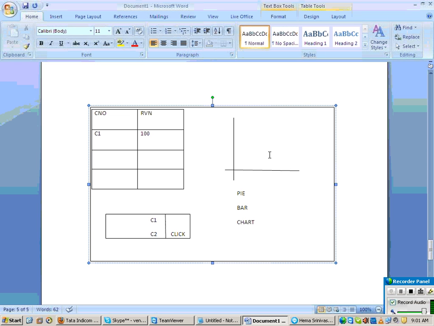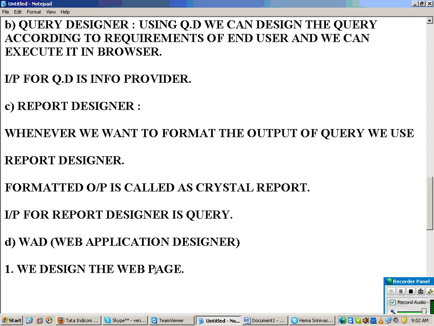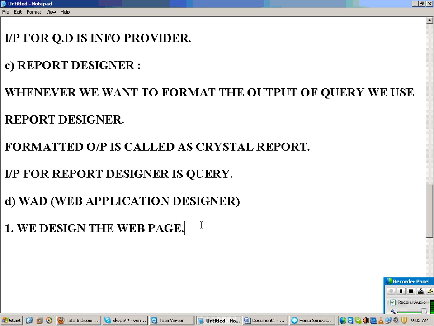That designing of the web page you can do using WAD. After this, you have to assign the input for the web page. As I said, suppose I want to see two queries side by side.